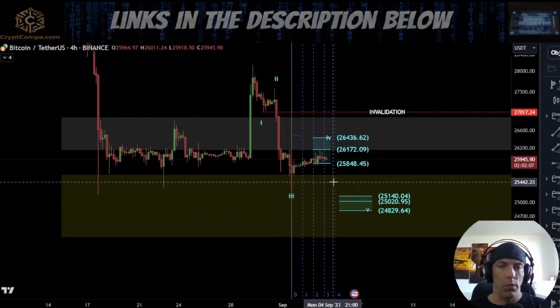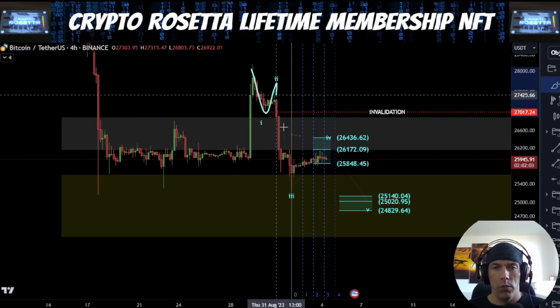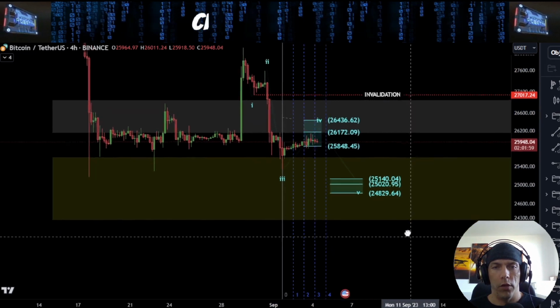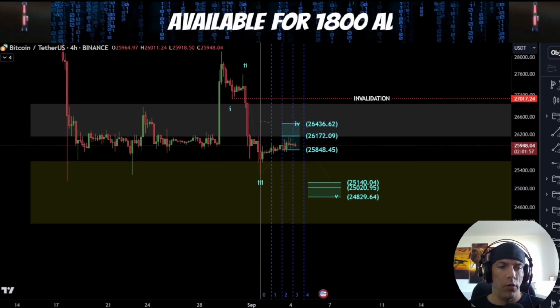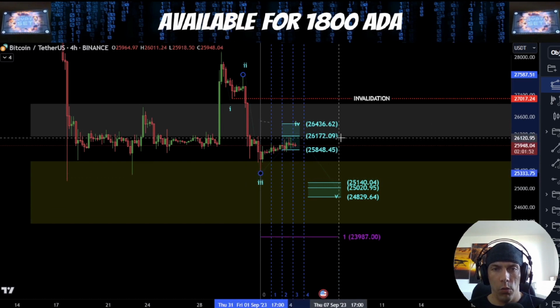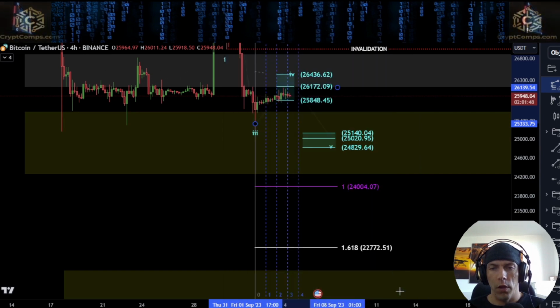extension, because then that could mean that somewhere within here we could be extending out, where this could be 1, 2, this could be another 1, 2 here, and then we could actually see a more violent push to the downside. But for confirmation of something like that, given the current structure, what we would have to see here would be a move past the 1.618, which is sitting down here towards this